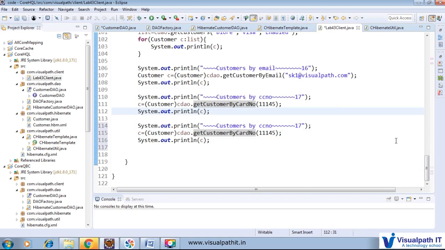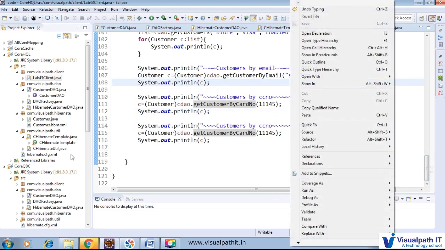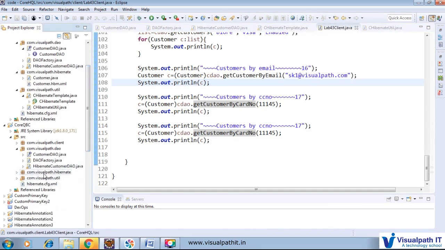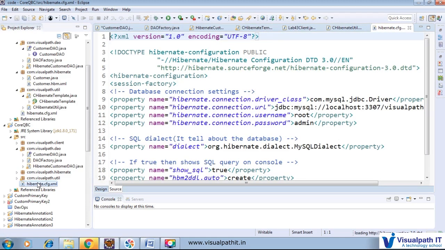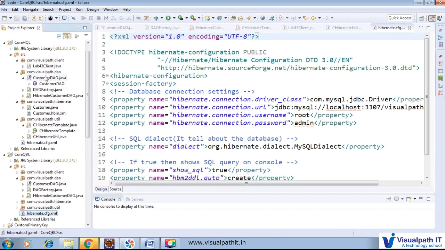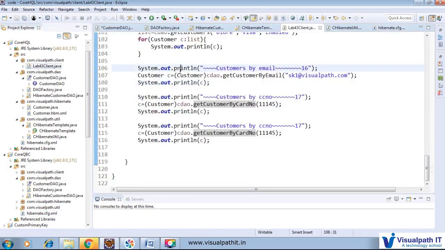So all this functionality is responsible to return back the data. We just run, and we'll see where it is storing all the data. Maybe inside the table not much data is there, so this functionality may not work. We have to push the data, and accordingly it will create a function. So here the configuration file, so we are using Visual Path 4, so we'll run this one, this client.